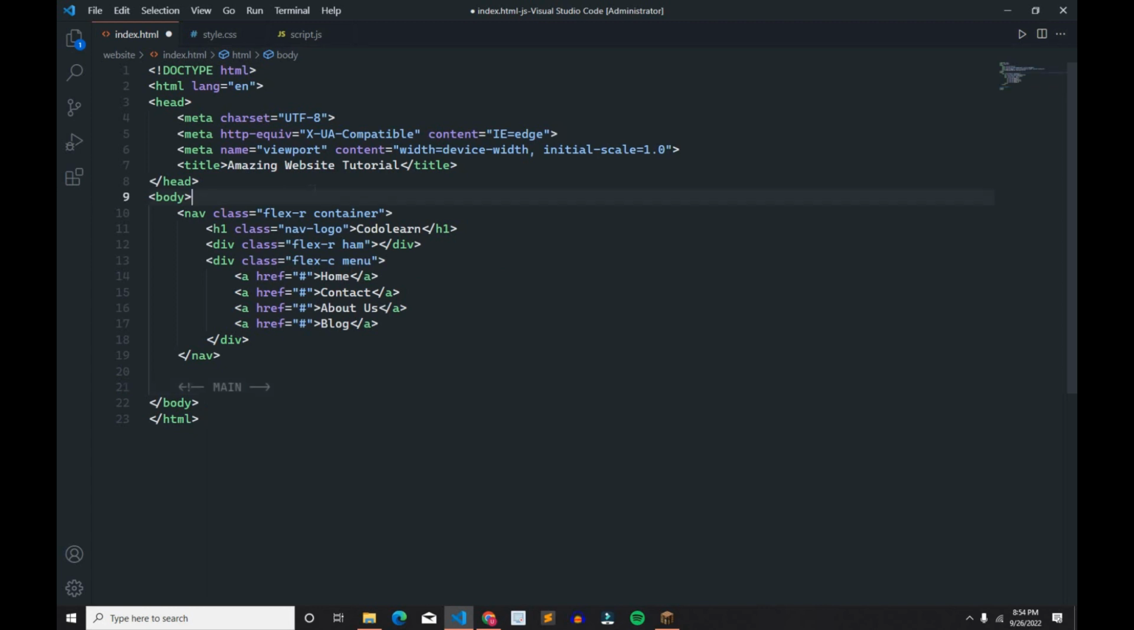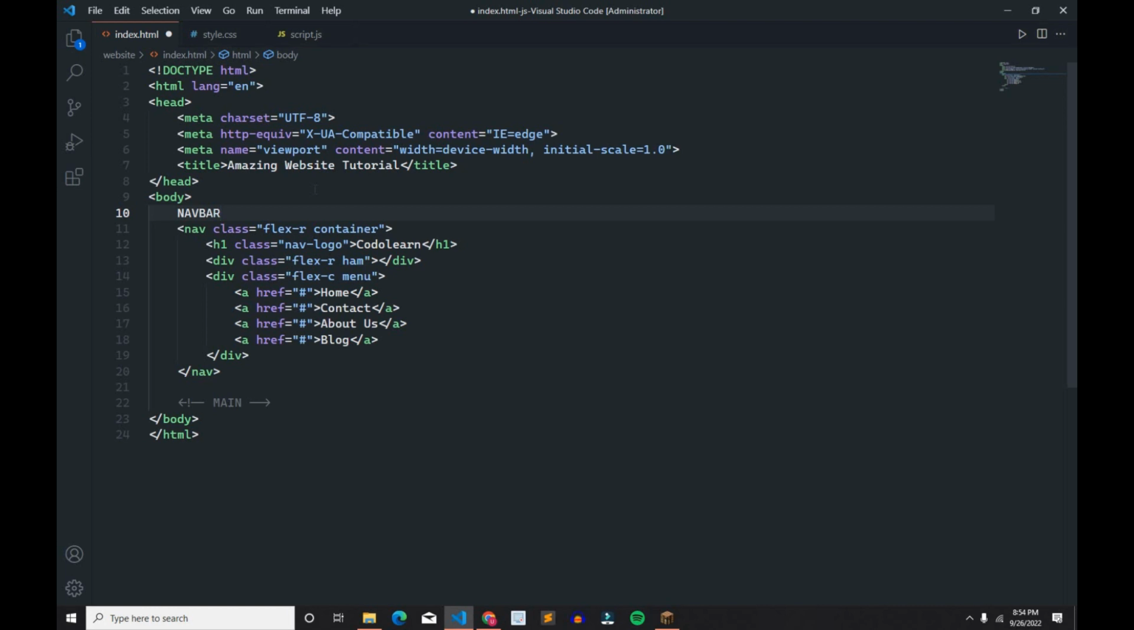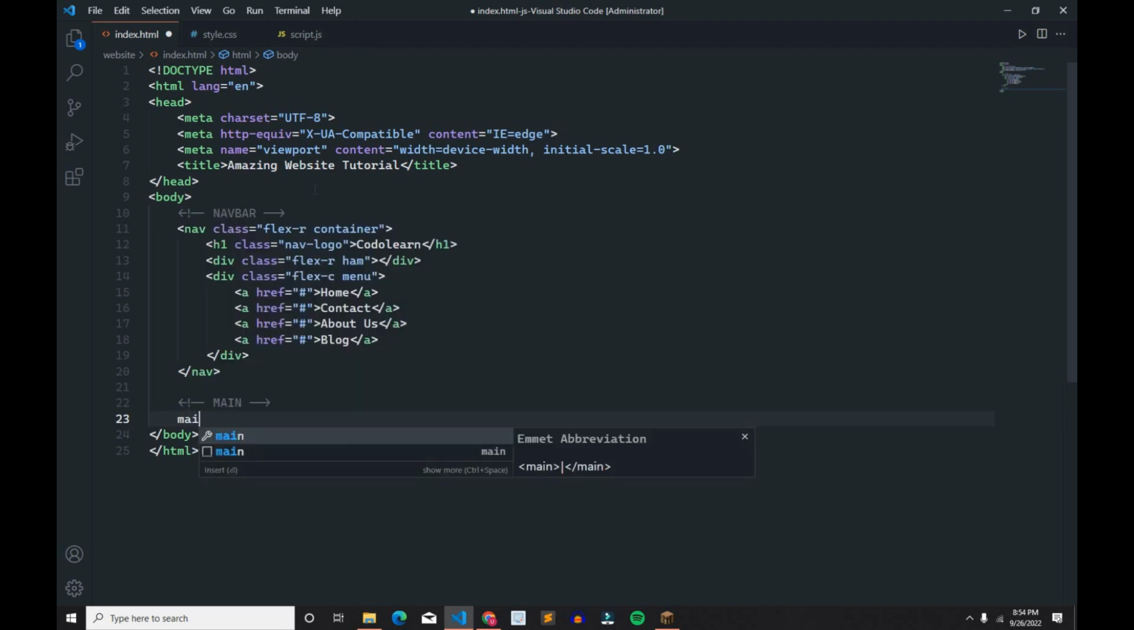Here let's add our nav bar, and here let's add our main tag. I mean, not main tag, we have to add a comment with a name, that will show the developer that these blocks of code are making the main page. So guys, here we have to just create a main tag,